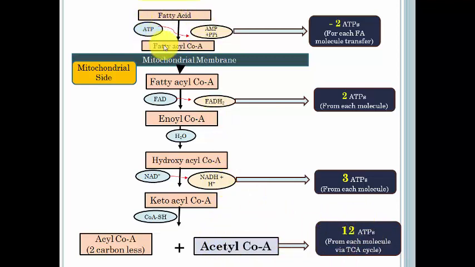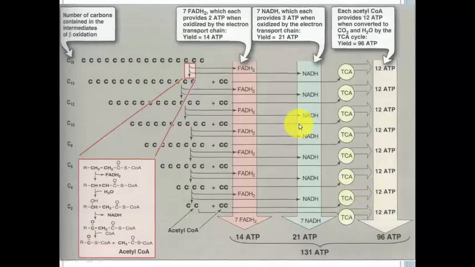So this ATP utilization is only for the one time when the fatty acid is activated, and these ATPs are formed per cycle of reaction. So when we talk about palmitic acid, this is a 16 carbon compound. At the end of the first cycle there is a formation of a 14 carbon compound and 1 molecule of acetyl-CoA. Again this 14 carbon compound enters into the series of reactions, and again it will form the 12 carbon compound and a second molecule of acetyl-CoA.